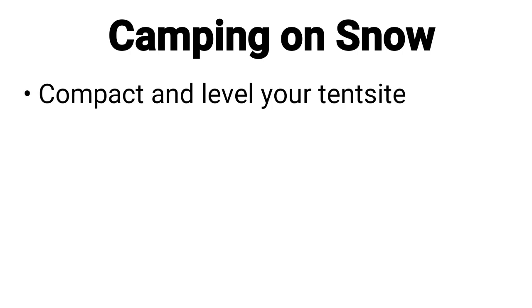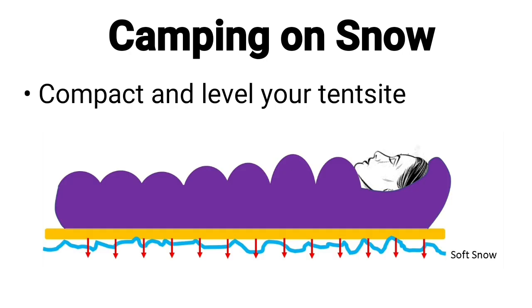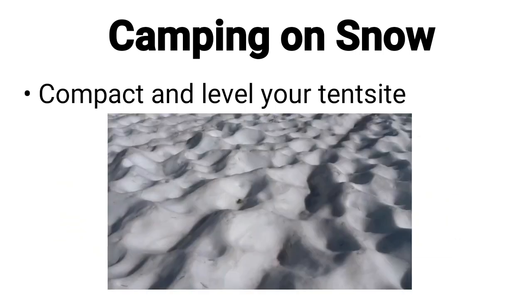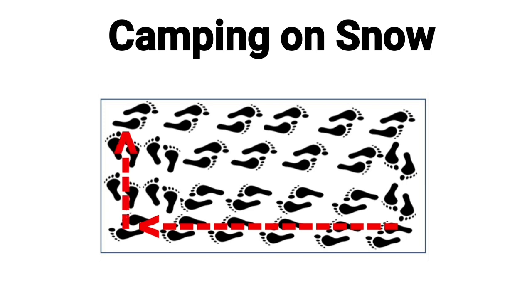Once you've selected your site, then pack down the snow where your tent's going to go. Your body heat will melt the snow underneath you, and it will make it very lumpy if you haven't packed it down and flattened it first. And these lumps will then freeze up, so you're going to have hard lumps underneath you. The simple way is just to stomp the snow in a big area,